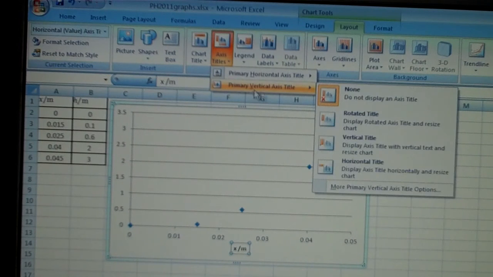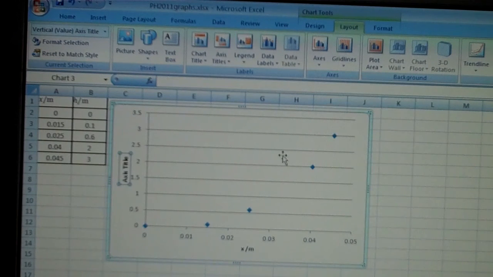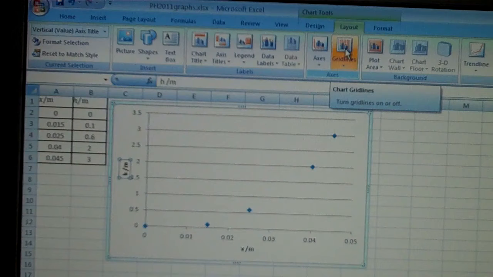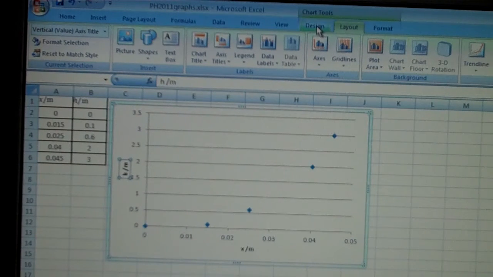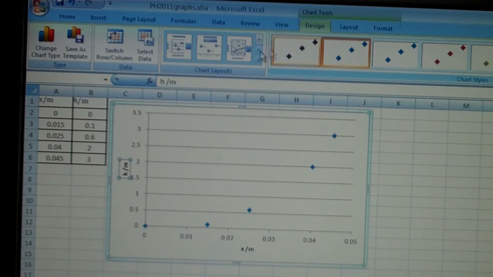Axis titles for the vertical axis, rotated title is height, meters. Click return and it's in the box. So this is showing me that it's obviously not a linear trend on here. I could, if I want to, get Excel to draw me the line that just joins the dots as a curve, and I could do that by going back to the design tab and telling it that I want to